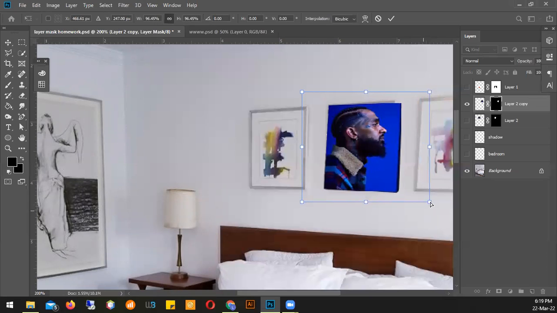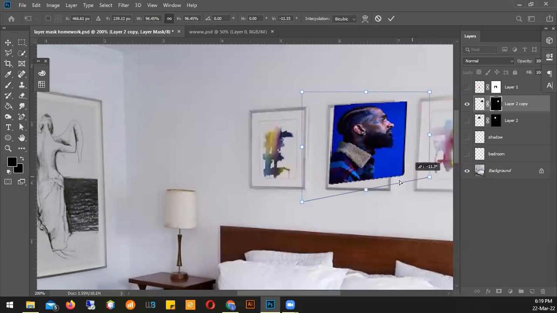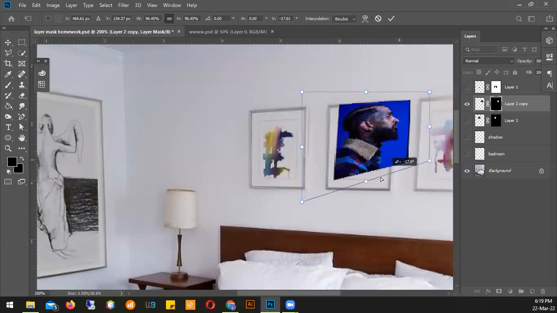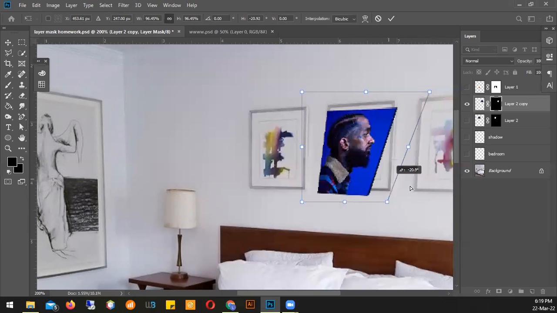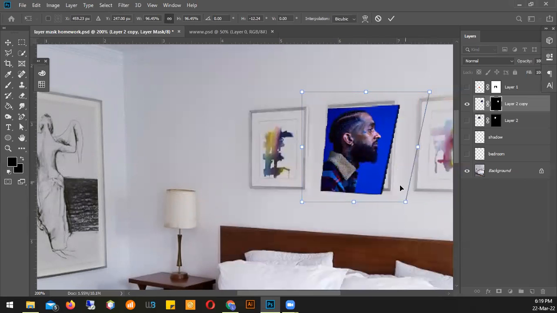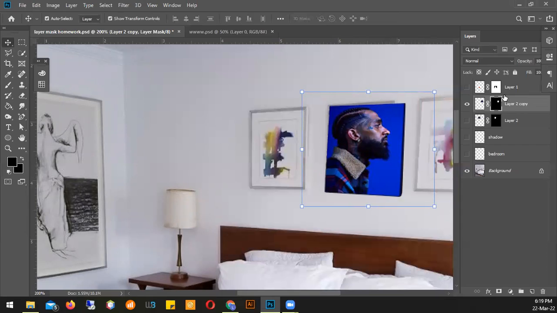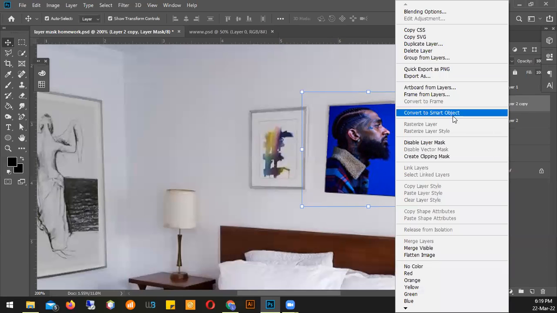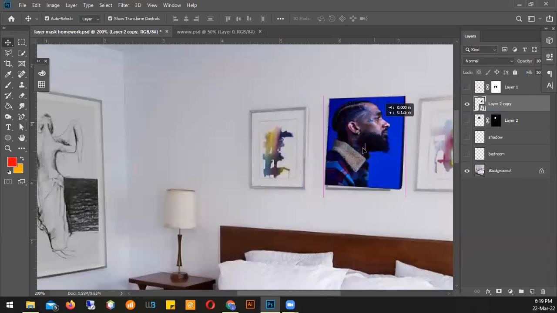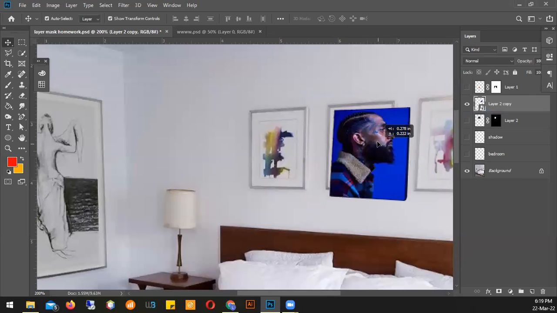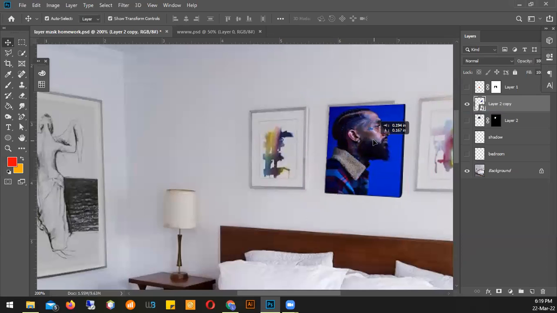And I'm going to use Control and then manipulate the image so I can tweak it in different ways, right? Now, if you notice, it's not tweaking exactly the way I want. So what I'm going to do is escape. And now that I have the mask made, and I don't want all of the extra pieces that I'm not seeing interfering with it, I can convert to Smart Object. And now I'll just be working with the object that I can see and not the entire mask around it, right? Now, if I press Control, I can manipulate the edges